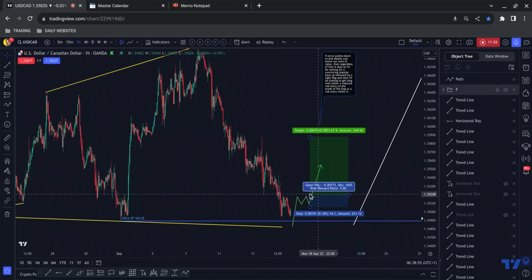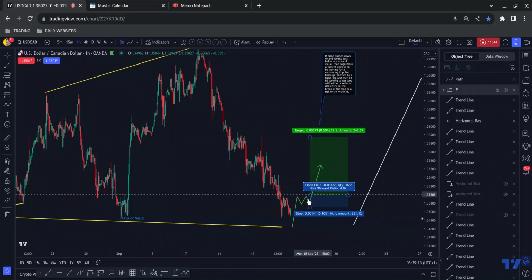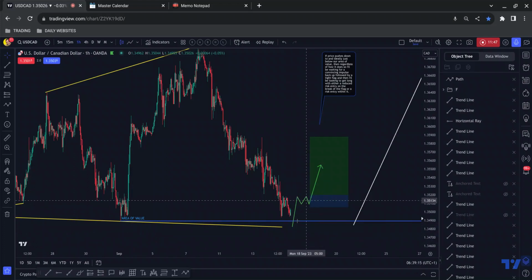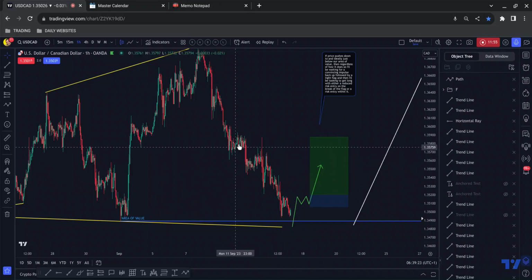But if we get that followed by a tight flag, and this could easily be ready by the end of the day, I believe there's more news coming out in the United States this afternoon, which could be the catalyst which causes price to either push down to this area and push back up, or if we are in this area already, impulse back up, and then we may see the flag up afterwards, which is typically just the big institutions, the big players stacking their orders. And if that occurs, then I will be able to manage this trade up to the start of this corrective channel for something in the region of 4 to 5%. I have an alert set just down there just to see it.